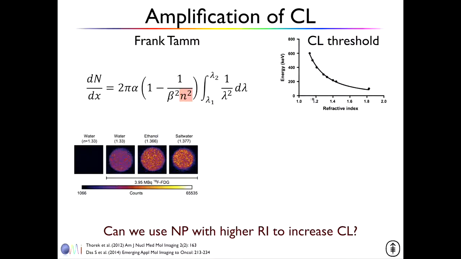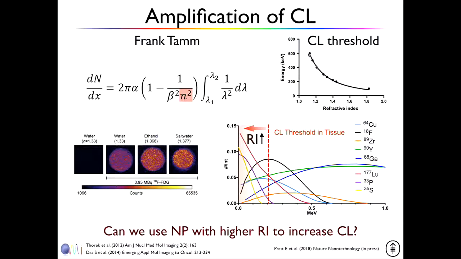So what happens if you increase the refractive index here going from 1.2 to 1.8, the threshold basically which describes the energy which is needed to generate Cherenkov light, the threshold decreases considerably. So here at 1.2, you need 600 keV energetic particles, subatomic particles, electrons or positrons. If you have 1.8, you are at below 200. So this is shown here. Here's nothing. Here's normal water, and then there's ethanol and salt water. You can visually appreciate that you get more light out of it.